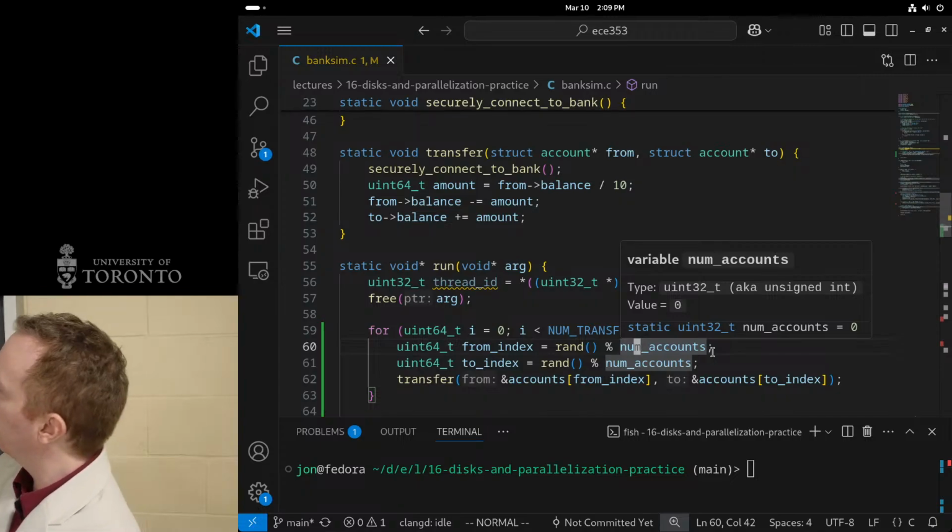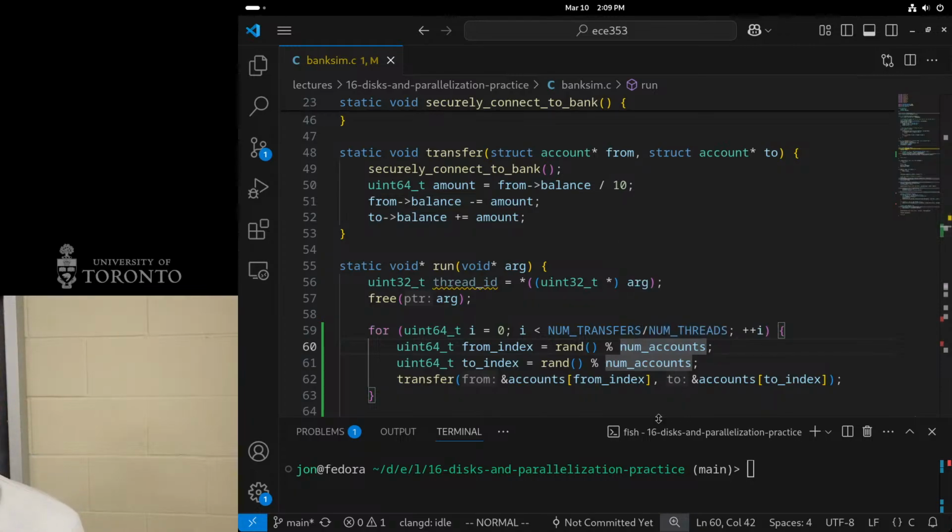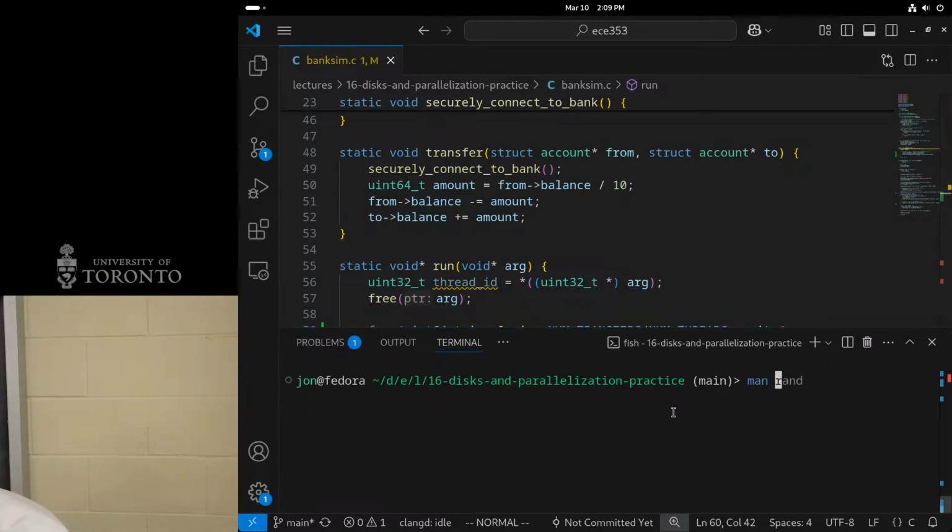So I like what you're thinking about, something with the mod. What about rand? So rand's called with multiple threads, right? So did we write rand? No. So we're going to have to check if that's thread safe, right? If it's not thread safe, bad things are going to happen. Although you could argue if rand's not thread safe, you just get a random number, so it's even more random.